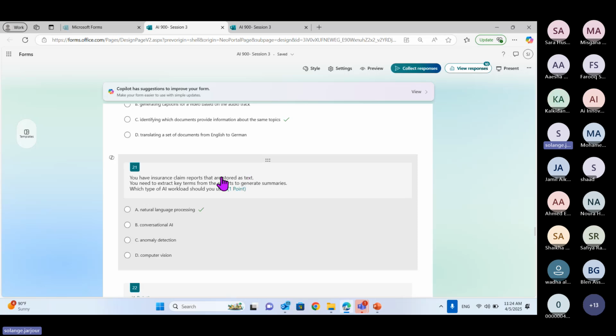If they are stored as an image, then we will use computer vision. Why? Because we need to use OCR. But now, since they are stored as text, computer vision is not an option. Anomaly detection is not an option. Conversational AI is a chatbot. It has nothing to do with